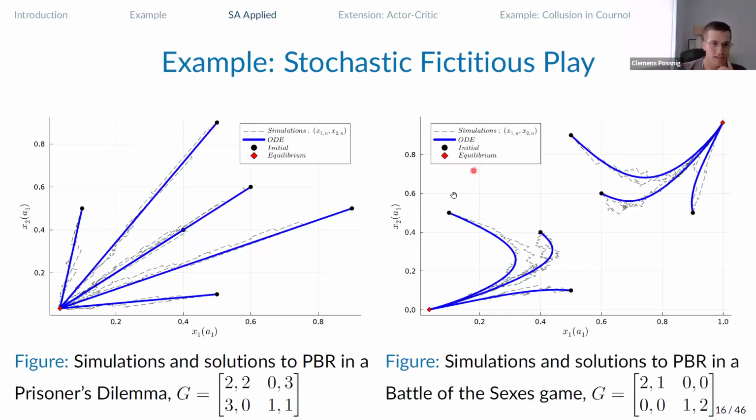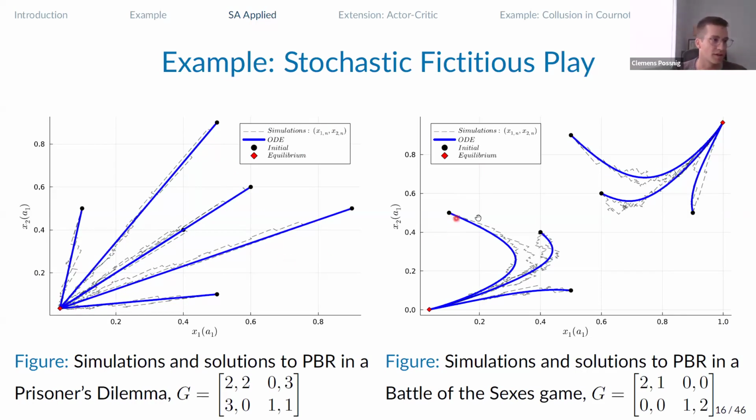So here's what the picture looks like now after our intuition about stochastic approximation. What I'm plotting is the same initial values, the same simulations, but now what I'm overlaying here is the solution to the ODE starting at these initial values. And as you can see, the shadowing property really seems to apply here, right? All these solutions converge to this equilibrium down there in the prisoner's dilemma, and shadowing seems to be pretty nice.